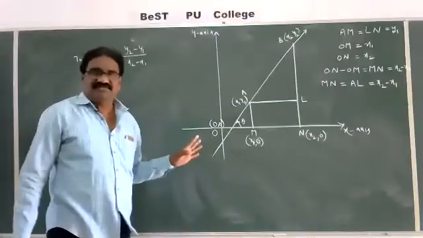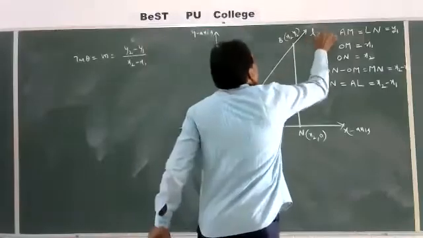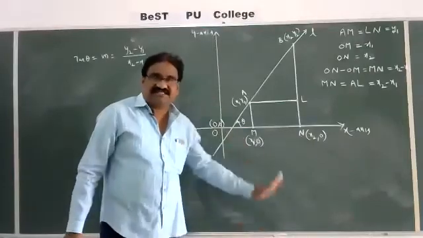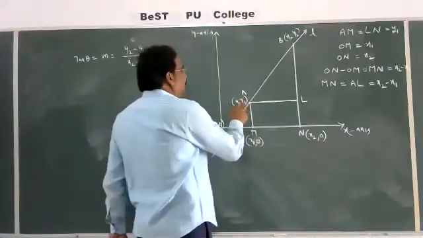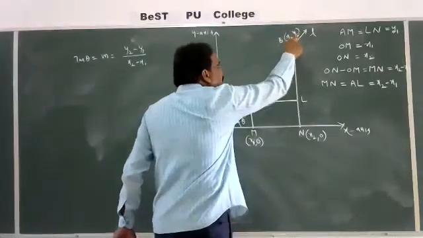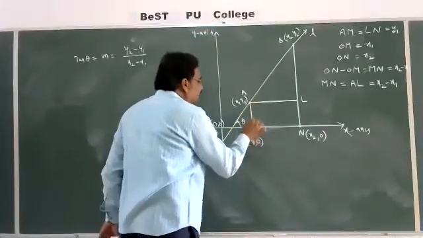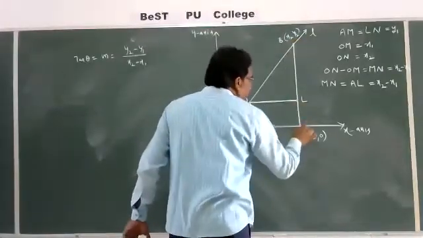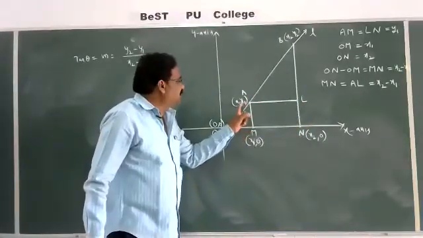No confusion. Just identify this figure. This L is the line. This line makes an angle theta in the positive direction of the x-axis. So this theta is the inclination of the line. A is the point x1, y1 which lies on this line, and B is a point x2, y2 which lies on the same line. A perpendicular is drawn from A to the x-axis. It meets at M. A perpendicular is drawn from B to the x-axis. It meets at N.